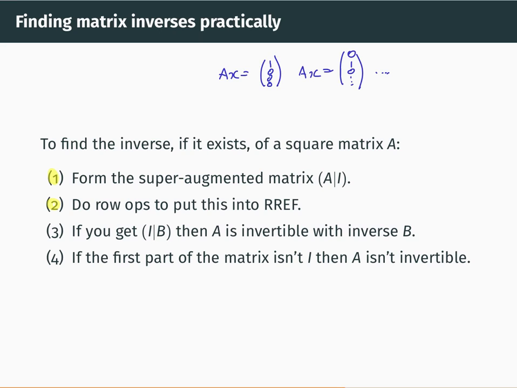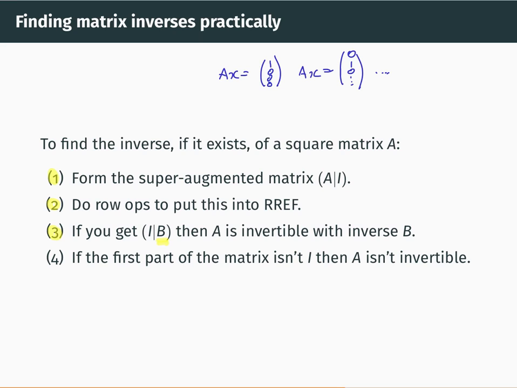So rather than solve those things separately, which we would do by forming an ordinary augmented matrix, we'll solve them all at once by forming a super augmented matrix where we add all those columns at once on the right of A. Once we've done that, we do some row operations to put this thing into row reduced echelon form. Then if you get the identity matrix then something else, that means that A is invertible and its inverse is